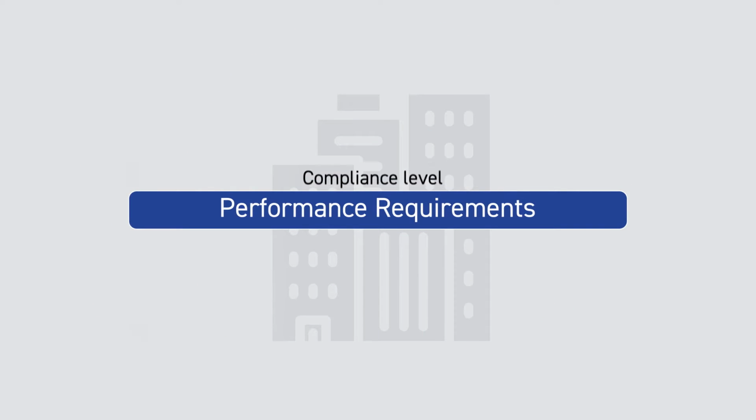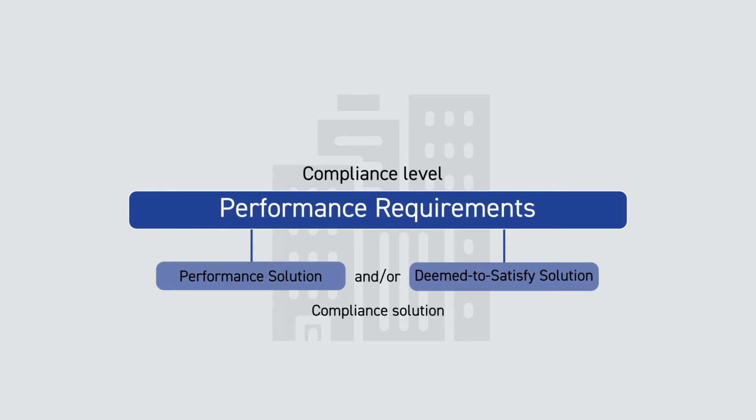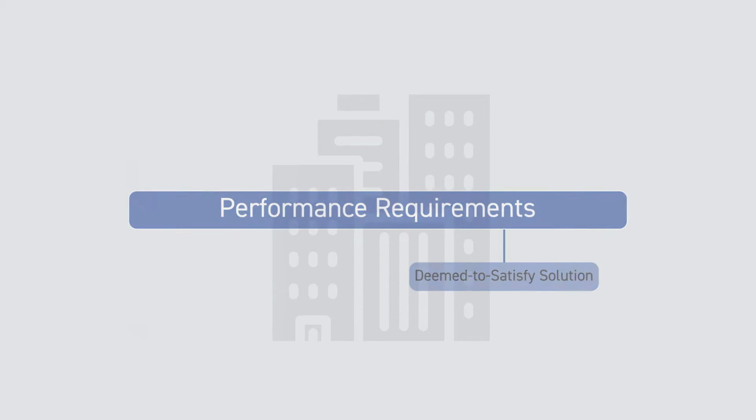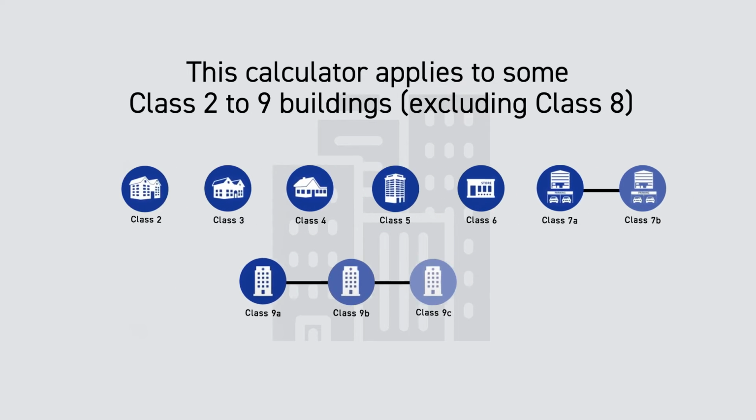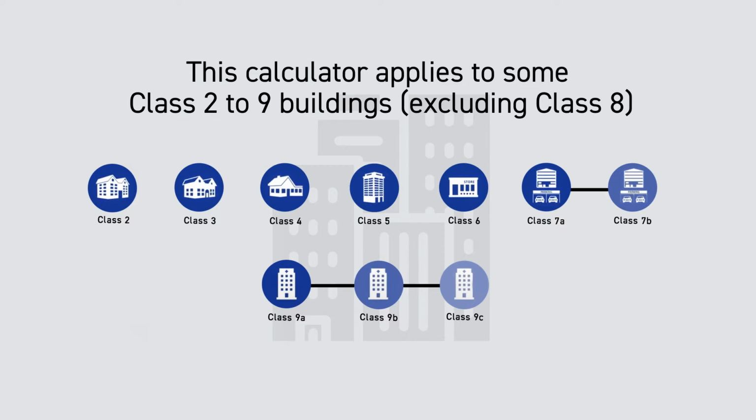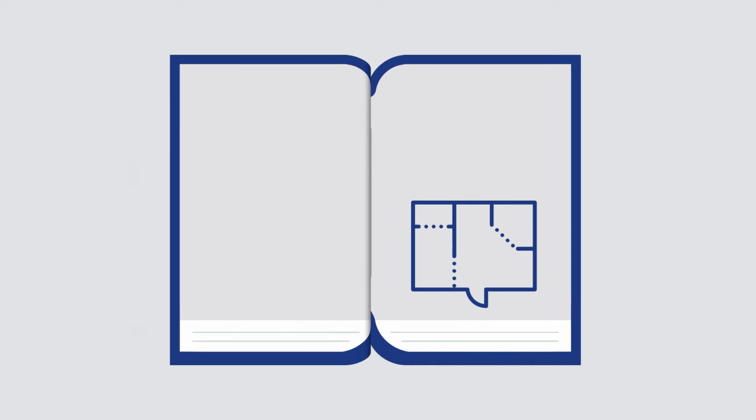NCC is a performance-based code requiring all new buildings to meet minimum performance requirements. A deemed to satisfy approach is the optional pathway for demonstrating compliance used by this calculator, which applies to some Class 2 to Class 9 buildings, excluding Class 8. The lighting calculator is a non-mandatory guidance tool, helping you apply the deemed to satisfy provisions of Part J6 in